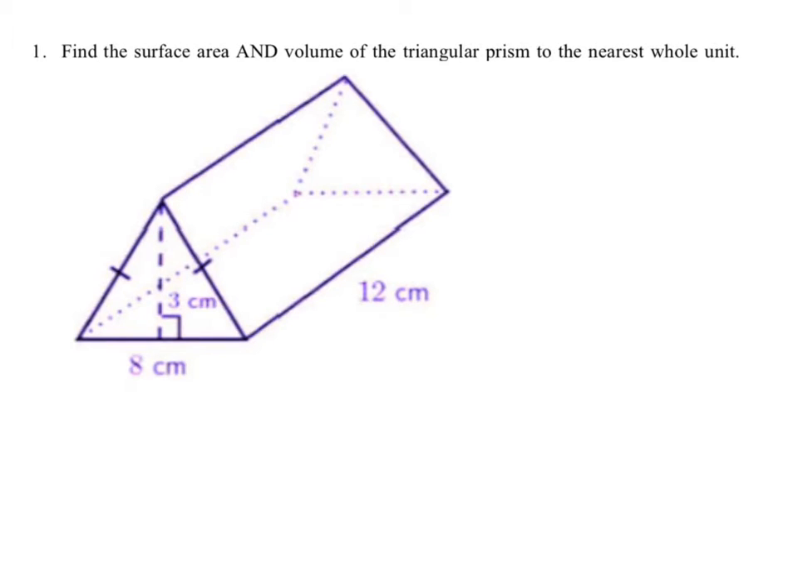Okay, so we're finding the surface area and volume of this triangular prism, and the first slide I'm going to do here, we're going to find the surface area, okay? So when we find the surface area, what we need to do is, for the total surface area,